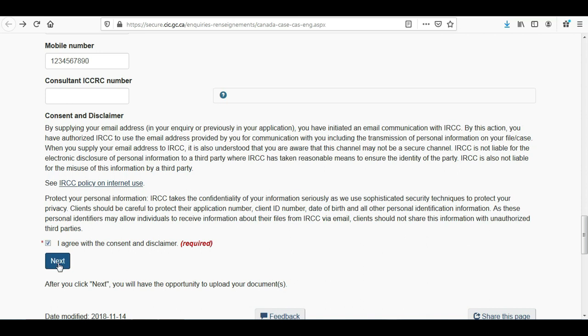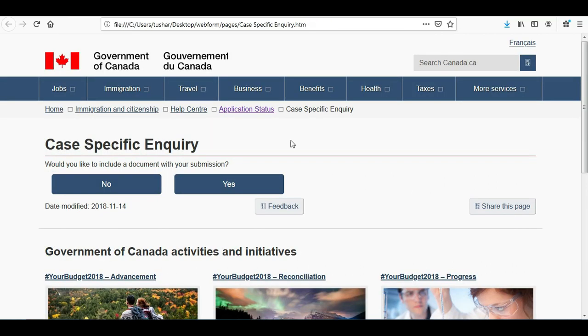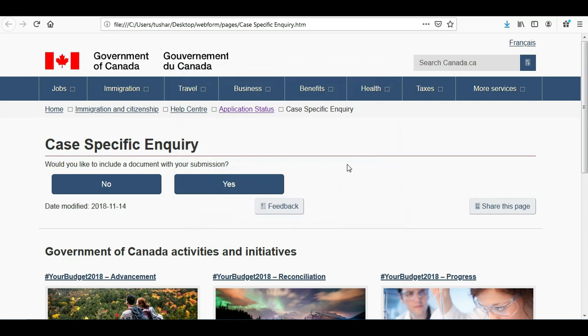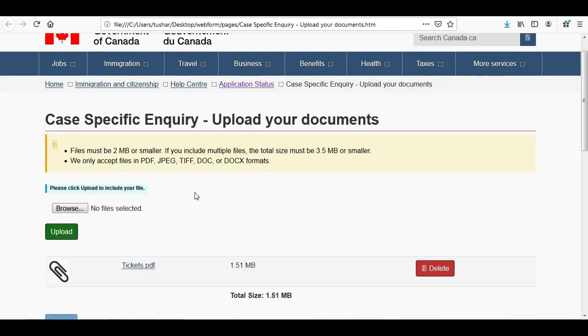As you click on next, it will ask whether you would like to attach any file or not. You can attach your tickets over here, and for that you need to select yes. If you don't want to upload anything, just click on no. For example, I am assuming that we need to attach our tickets, so I click on yes. Here the restrictions are given.